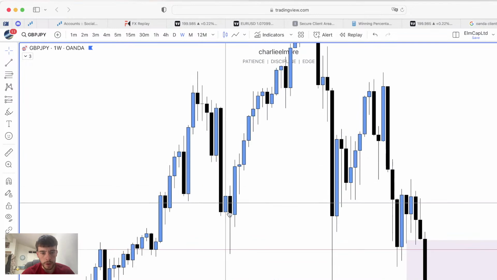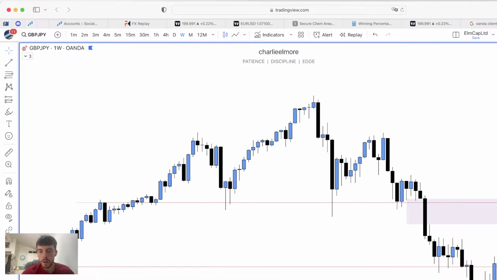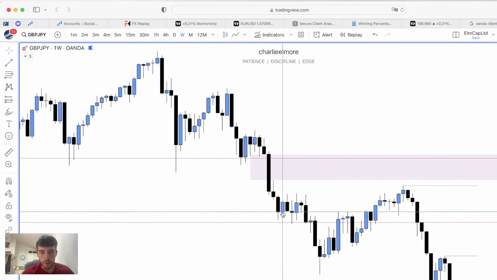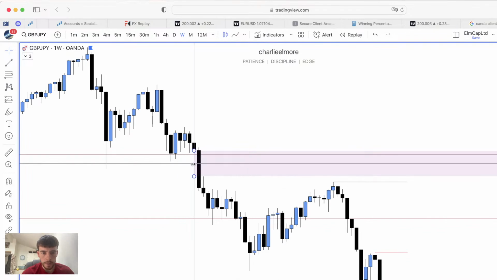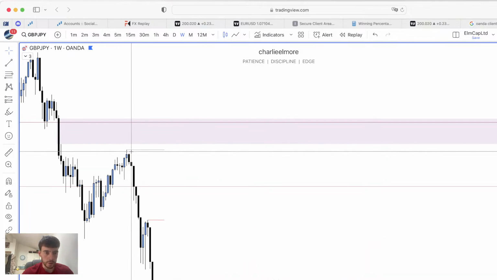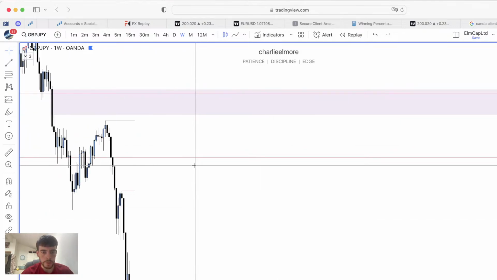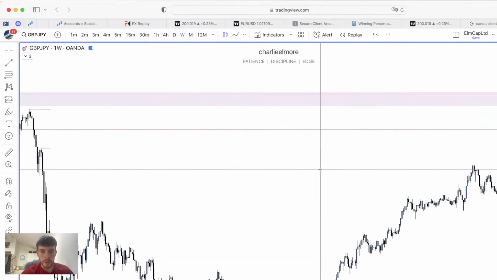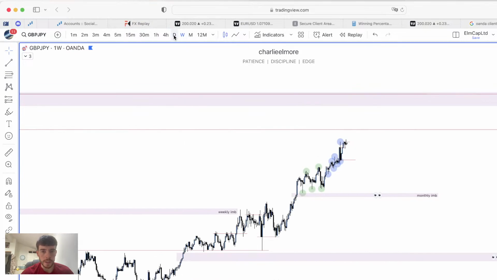Okay, shoot to the upside, retest, melt down through. We've then left this weekly imbalance right there, look. Okay, so that's what I'm looking at. You can see I've just marked that high right there with a line, just to represent the liquidity. But yeah, it does make sense for us to go higher.